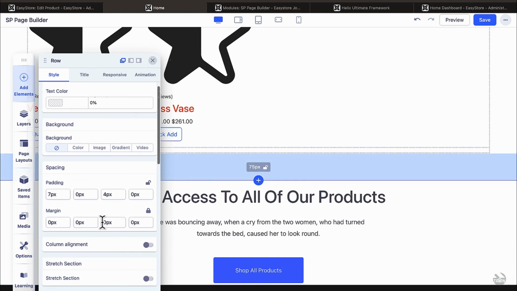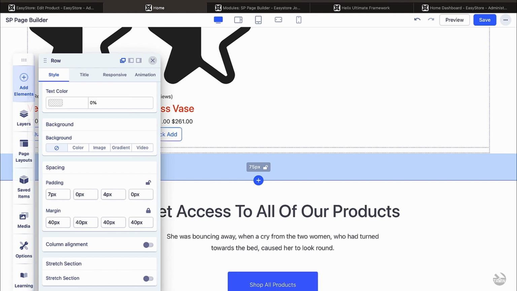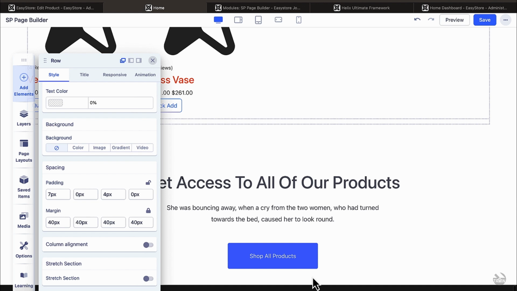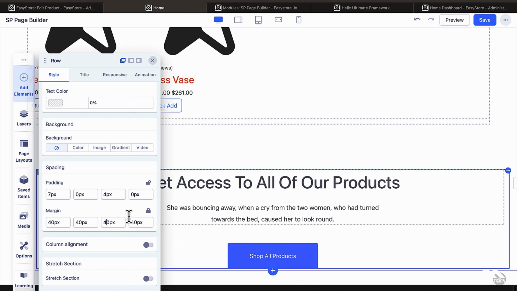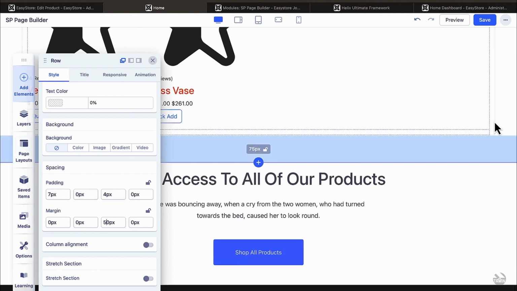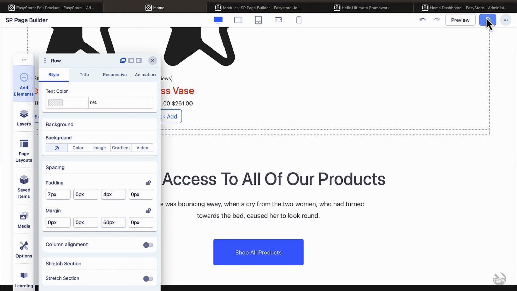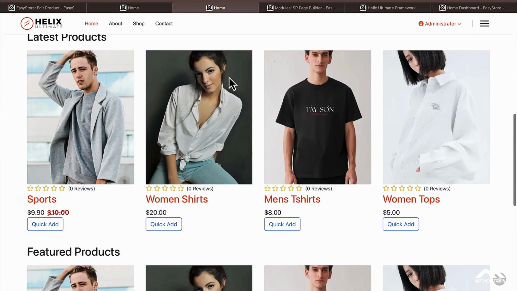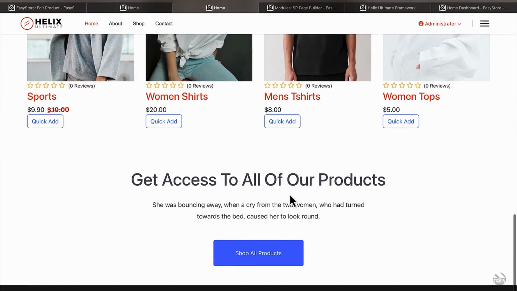And we're going to put, let's see how 40 looks. So if we put 40, we'll give enough space so it's not touching this bar at the bottom, right? But again, because that lock was on, it changed everything to 40. So I'm going to take that lock off. And I just want to change this. Let's just put 50. So it's just the bottom that's affected. And I'm going to click on save. And let's preview this. So once you preview it, now you have this shop all of our products at the